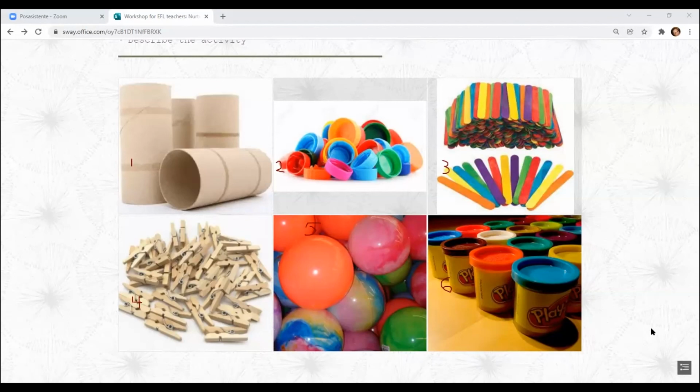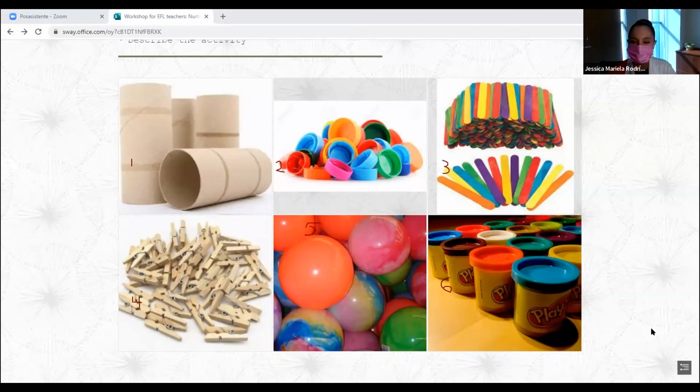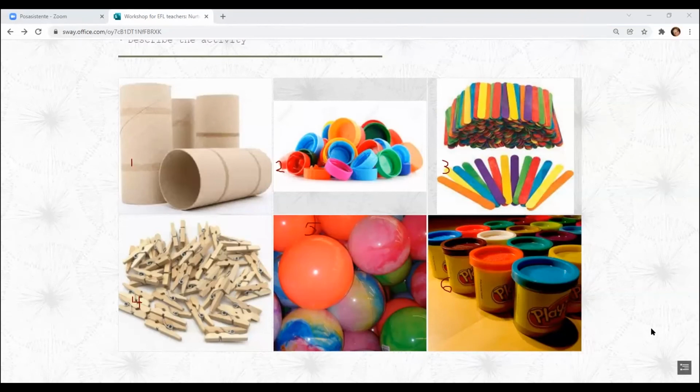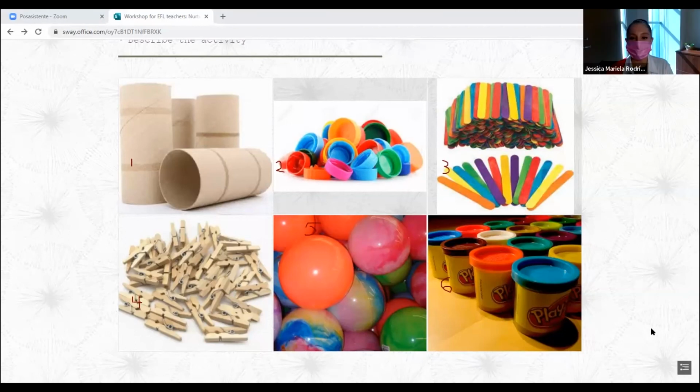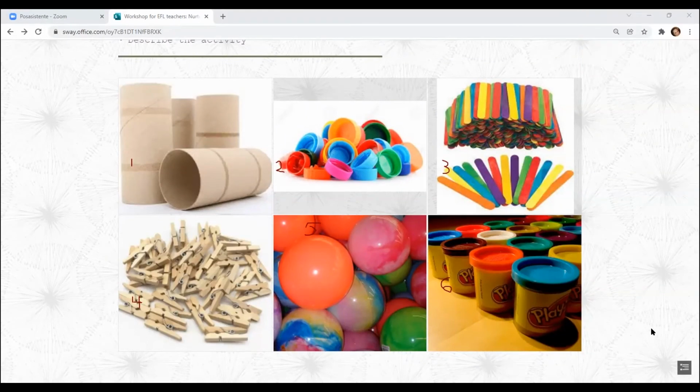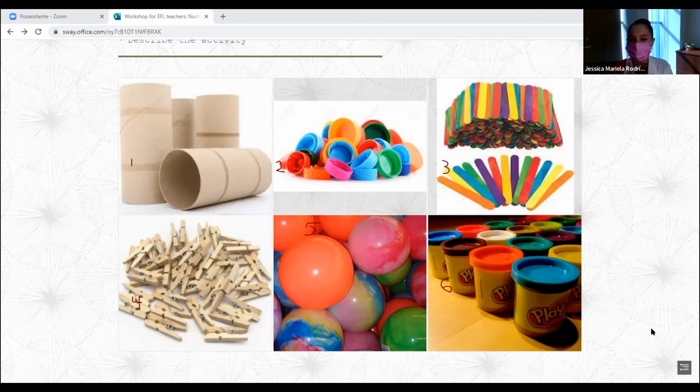That was our idea. Okay, so this is more like a project, right? Yes. In teamwork, they have to find different solutions to a pollution problem by using some of this material. Exactly, yes, recycling material.